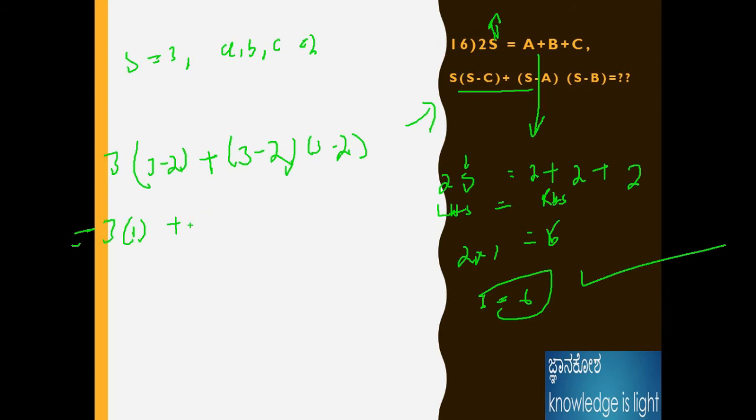Therefore 3 minus 2 is 1, into 1, 1 only. 3 plus 1, therefore the answer is 4 for this problem. Like that we can easily solve any of the problems. We need to apply the logic: what is the question asking? Then apply the logic with the terms or a formula, whatever. But we need to concentrate on what the problem is asking.